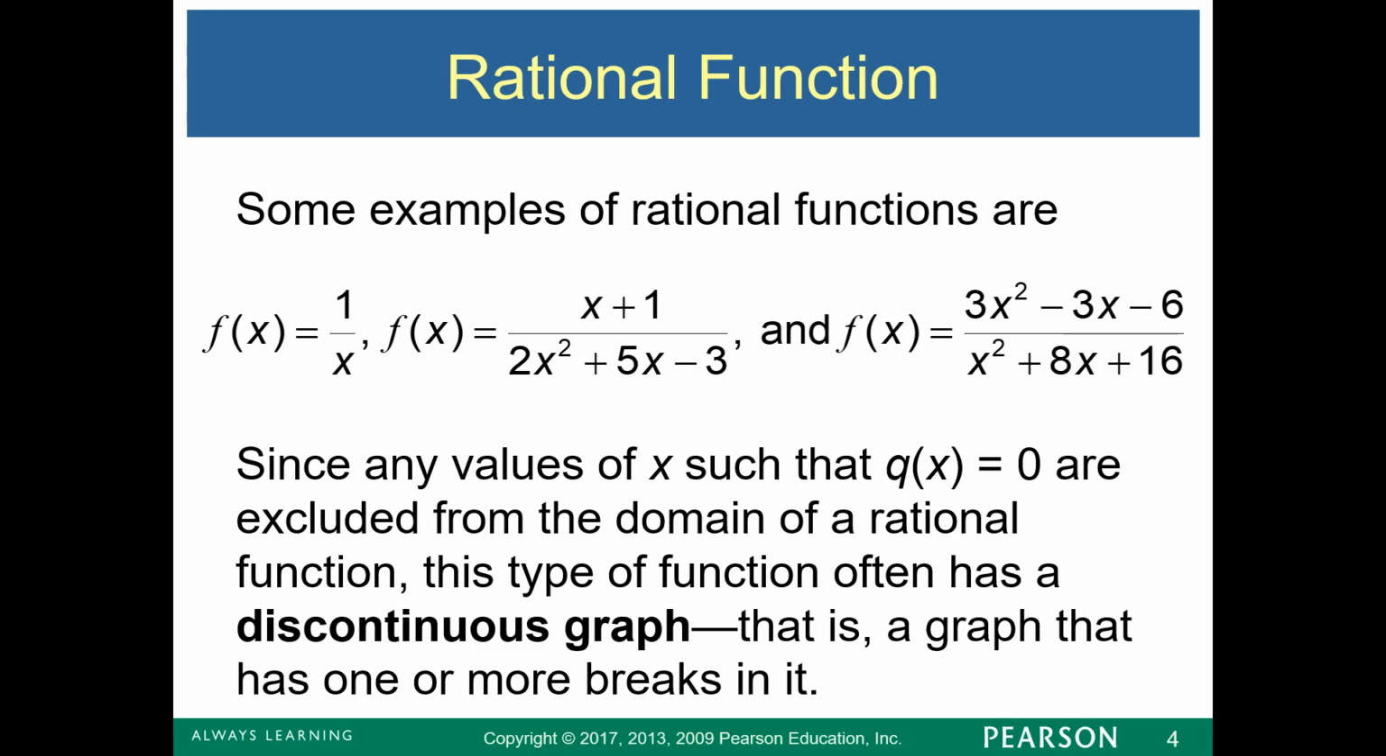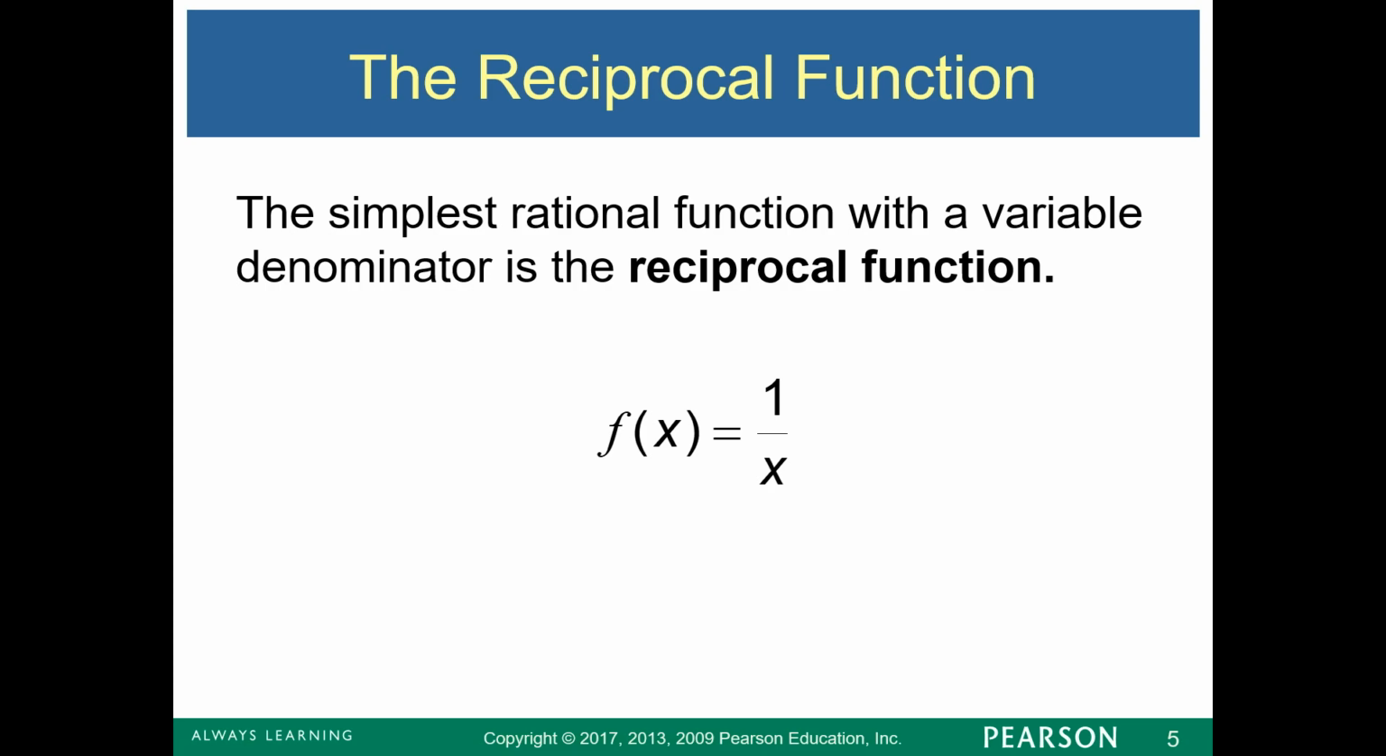The rational functions often have discontinuous graphs, so that means the graph has one or more breaks in it. And this is the reciprocal function, the very basic, simplest rational function, f(x) equal to 1 over x. Okay? So now if you want to draw the graph for f(x) equal to 1 over x,